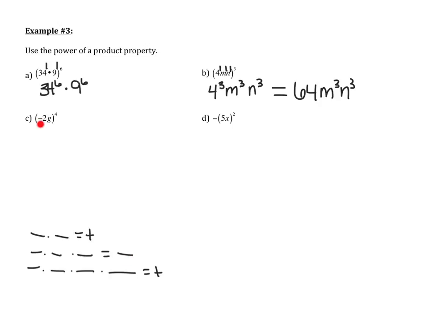So in this case, I have a negative 2 raised to an even power 4, so our negative is going to go away. If it was negative 2 raised to the 3rd power, which is odd, the negative would stay. If it was negative 2 raised to the 5th power, the negative would stay, but if it was negative 2 raised to the 6th power, which is even, the negative would go away. So in our case, once again, it's a negative raised to an even power of 4, so our answer will